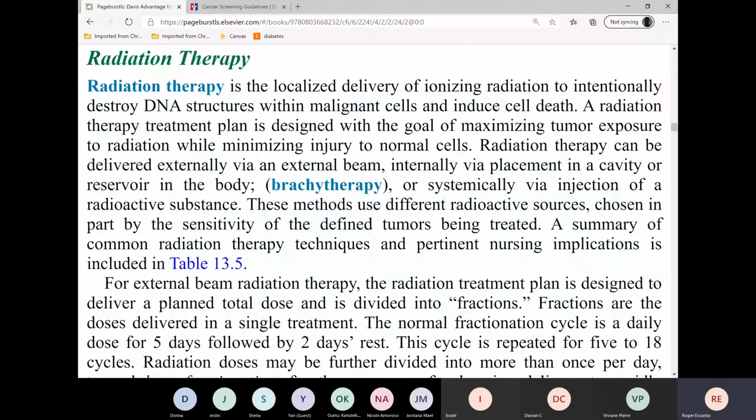As far as radiation therapy, there are two types here. We have external and we have internal radiation. In external radiation,